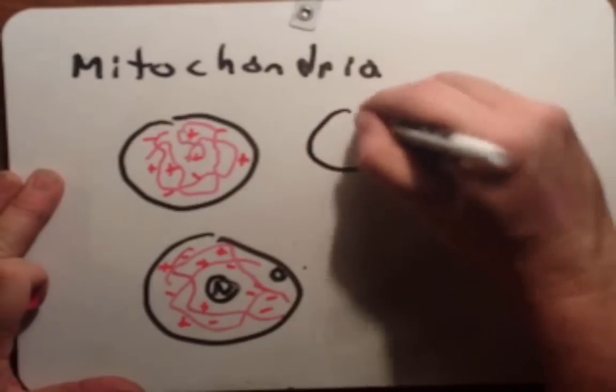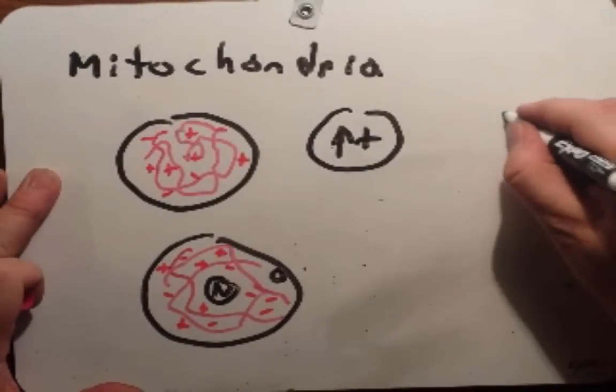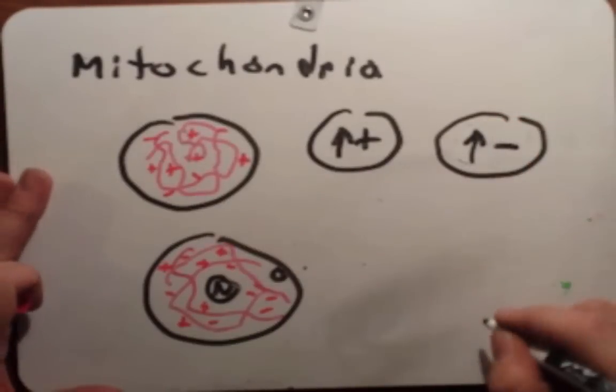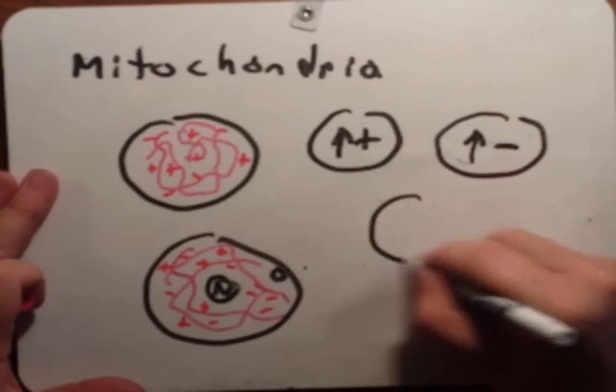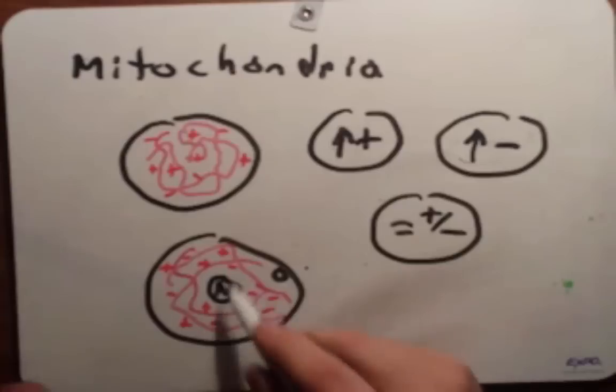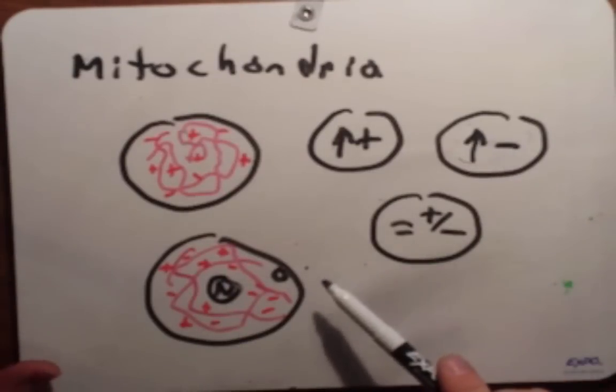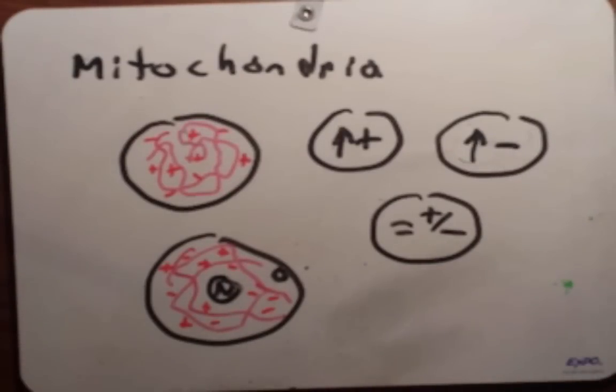You're going to have some cells with more wild type, so I'm just going to put up arrow plus. You will have some with more mutated ones. You'll have some that are pretty much evenly mixed between plus and minus for the mitochondrial mutations. And if there happens to be a mutation on one of these genes that's important for respiration, you could see how you could have variable effects. Some of these cells will go on to make a lot of energy, some won't.